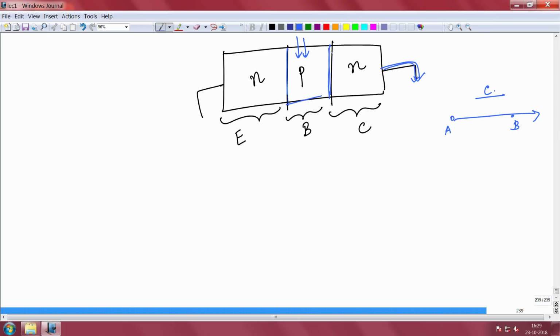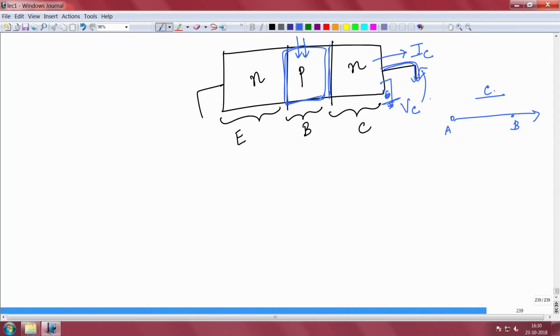Okay. So, I told you that if I have a PNP junction like that, the whole idea is that the current coming out of the collector, I will call it IC, is controlled not by the voltage at Vc here, but by the voltage or the current that you are applying at the base. So, the output voltage Vc should not have an effect on the current IC. That is what the transistor is about.